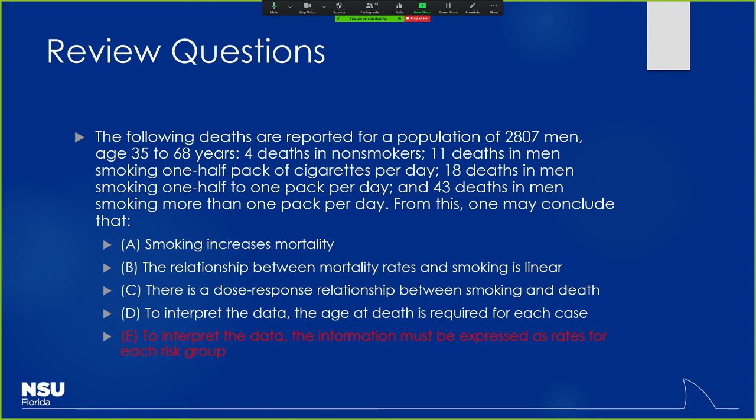We also don't need to know the age at death at all in order to accomplish this. If you had age groups, that may be helpful, but you don't need to know the exact age. But again, when you have rates for each of the risk groups, that really helps us out because then that's equating the number of people who had that death over that mid-period population, right? So again, that's helping us with that definition of the numerator and the denominator, and then we can make heads and tails of the information there. So that's why, in order to interpret that, that's what we need basically. There probably is a dose response relationship, but again, without having that information, we don't really know.